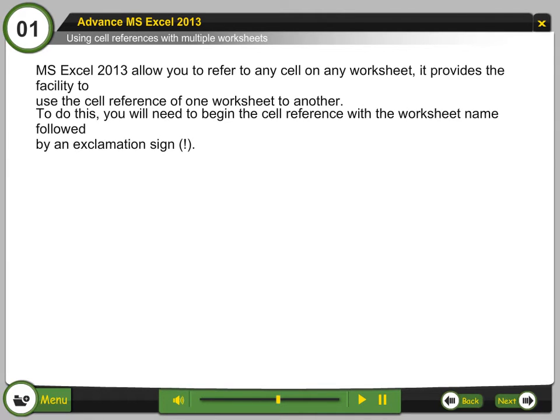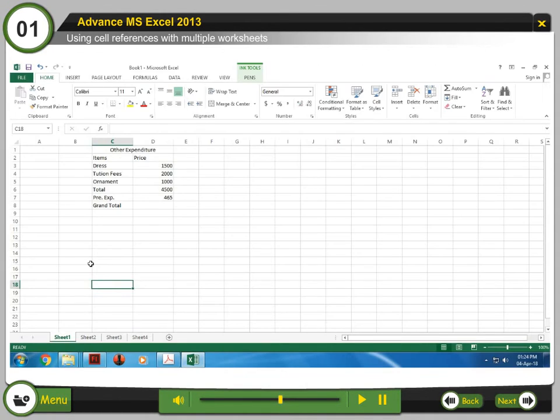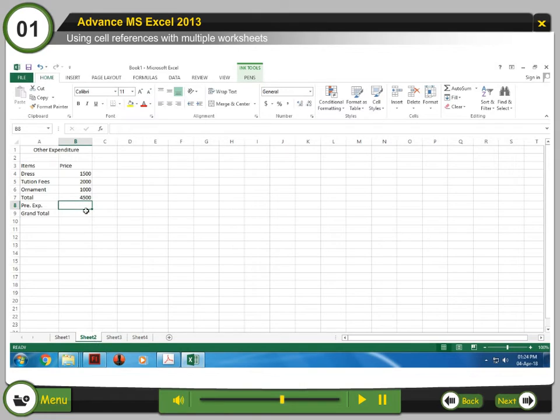To do this, you will need to begin the cell reference with the worksheet name followed by an exclamation sign. Let us learn with the help of an example. Select an empty cell in Sheet2 and type =Sheet1!D7 and press Enter key. The result will appear in the desired cell.